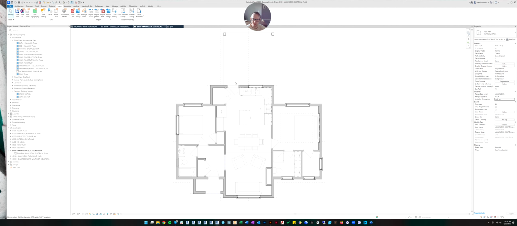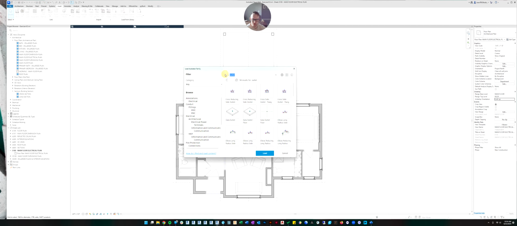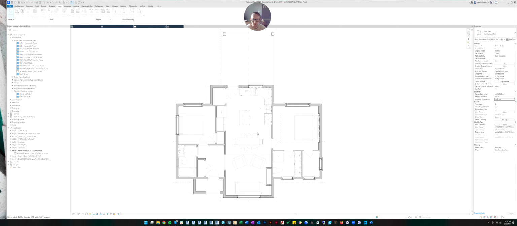Okay, so it's thinking about that and loading them in. While we're at it, let's also go back to Autodesk, Load Autodesk family, and let's do can light. See if that brings anything up. We probably want a can light. That's just a section, so we want to make sure we get the right one. Downlight recessed can. Let's try that one. Let's load that one in.